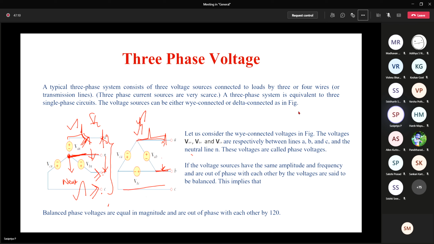Whereas here, when you consider this, you can have the current from A. Also you can have the current difference between these 2. Now if I connect a load here, between this I have a line, so I have this current also. Now I have 2 current components. One is called line current, the other one is called phase current.